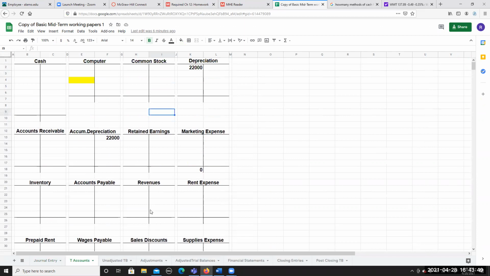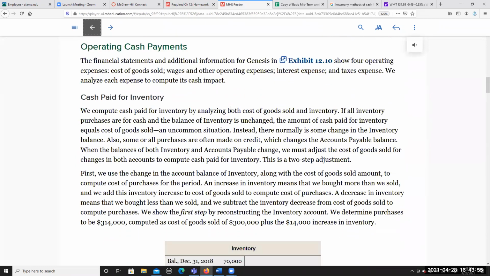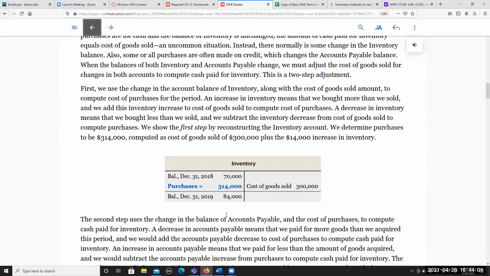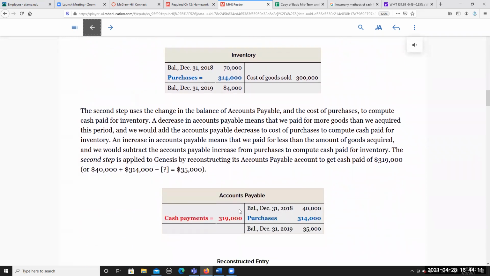All right, so we'll go here. Cash paid for the inventory. Beginning inventory plus what you bought minus your cost of goods is equal to your ending inventory. What was your inventory? 70,000. We bought 300,000 more. We sold this much. There's your ending inventory. But to get how much cash went out, the payables, you have to take the 314